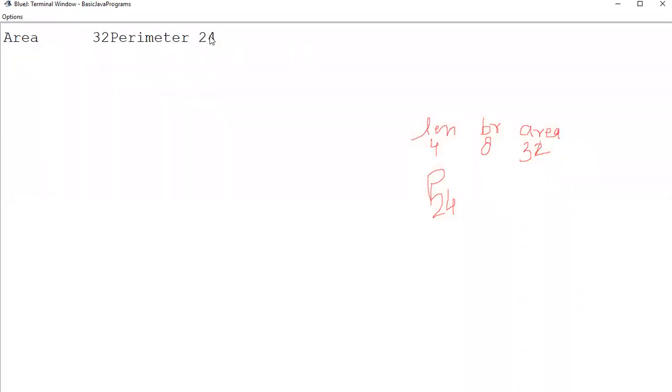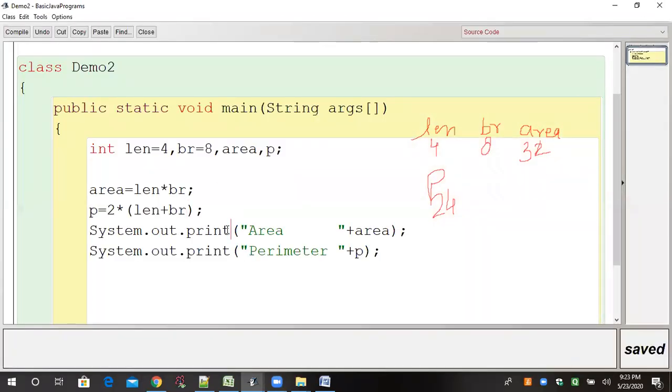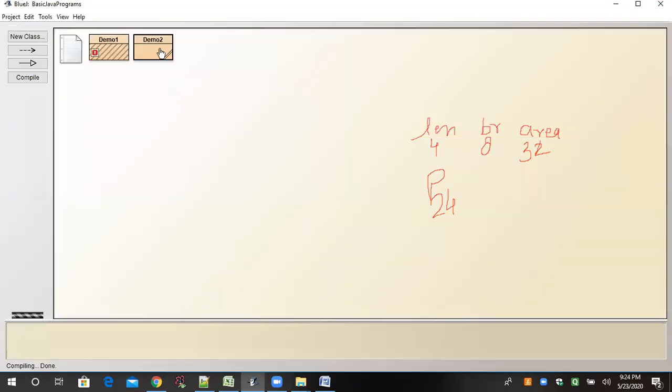Now you know very well how to change the line. Simply we have to write println. Do we have to write println in both places or is it sufficient in only one? In both prints we have to use println, or is this sufficient? It is sufficient. Because after this statement there is no third line, so I don't want to break. After this there is no other line, so we want the result to come right here. If there is no result after this, no problem; if the line doesn't change, there is no issue. Okay, just a moment.